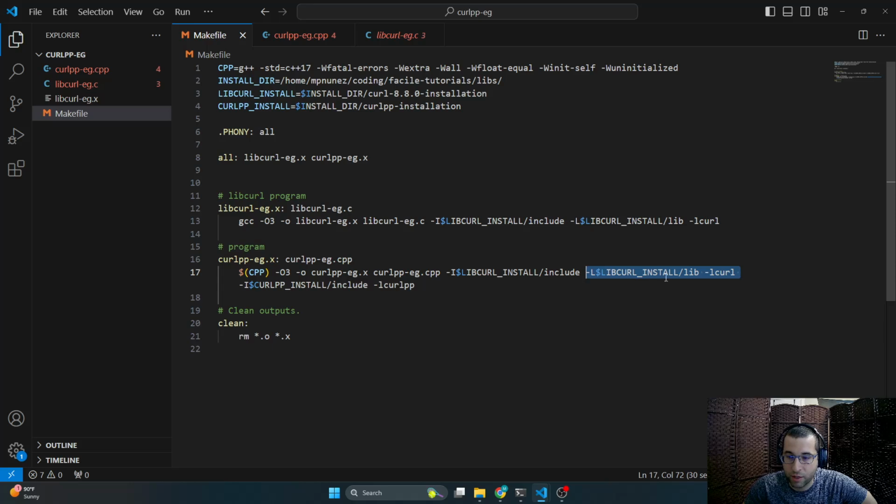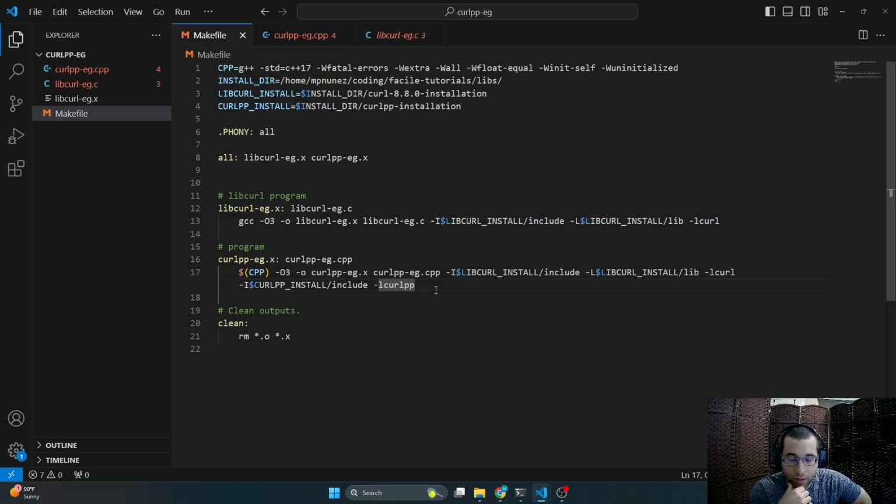So -L, name of the folder, and then -l curl. And here's the -l curlpp. It will know to look for the curlpp shared object file, but